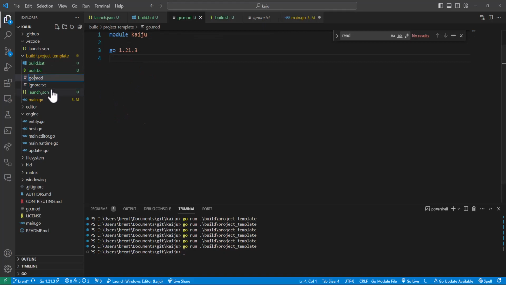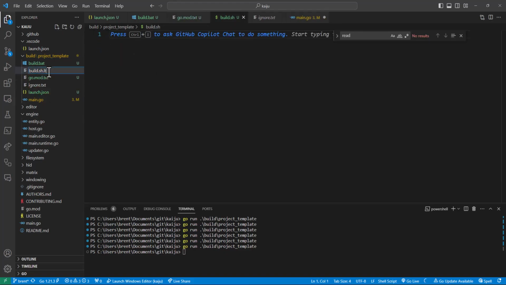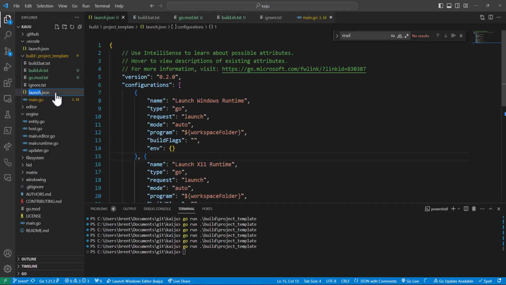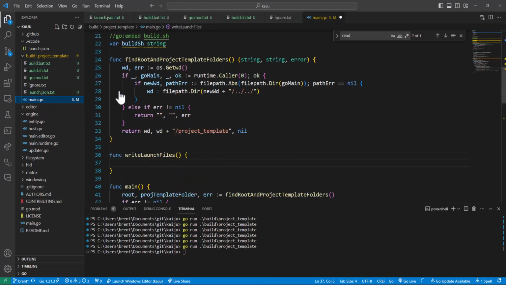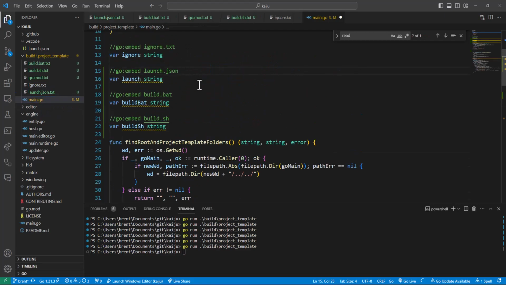I don't want it to be like a go mod file, so I'll call it go mod TPL for template, or txt is fine. And these shouldn't be runnable, so I'm going to make them all txt files, just for clarity. Okay, so .txt, .txt,